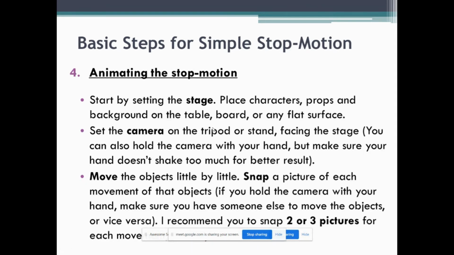And then for the fourth step, after you have the character, now it's time for you to animate it, to do the animation lah. Okay, first we start by setting the stage. Okay, maksudnya tempat untuk kita rakam tu lah, stage rakaman kita tu. Okay, place characters, props and background on the table, board or any flat surface. For example, if